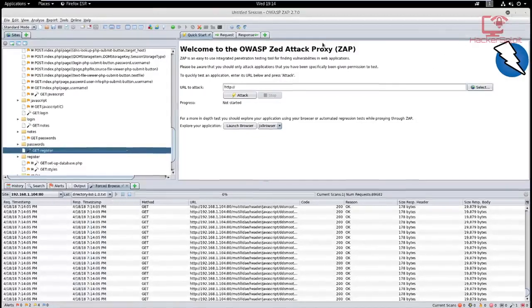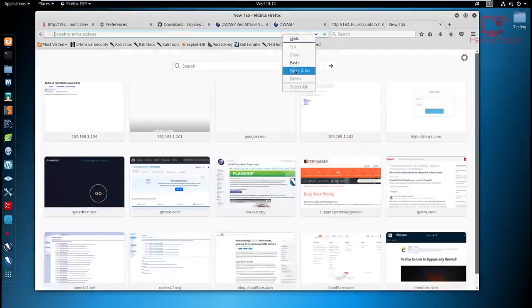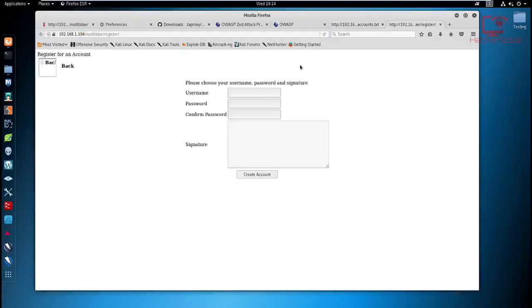Oh, now that's what I'm talking about. Copy URL to clipboard. This is actually quite fun. This is why bug bounty hunting is fun. Oh yeah, now this is what I'm talking about. We can actually register